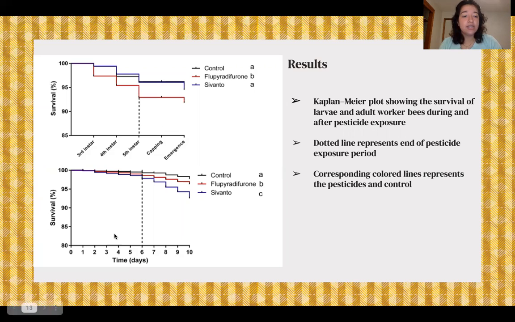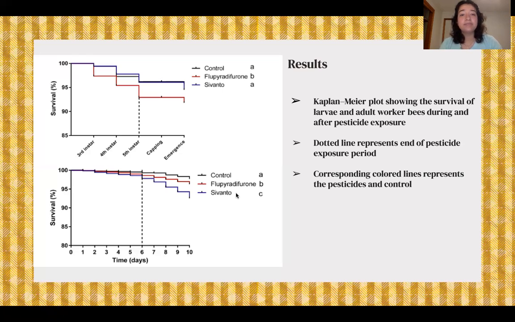For the bottom figure, this shows the bees that were exposed to the insecticide during the early adult stage, and the x-axis represents the 10 total days that they were observed. The 6 days represented by the dotted line is where the exposure period ended, and the 4 days is when they observed the lasting effects. The y-axis represents the survival percentage, and each color correlates to either the control, the flupyradifuron,